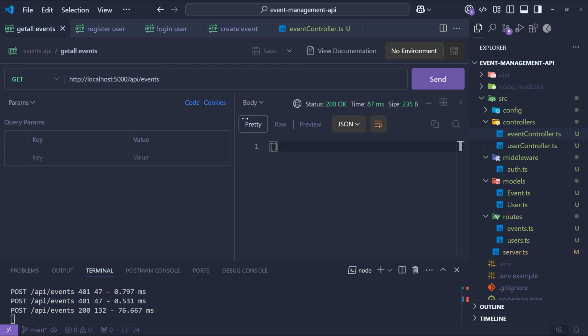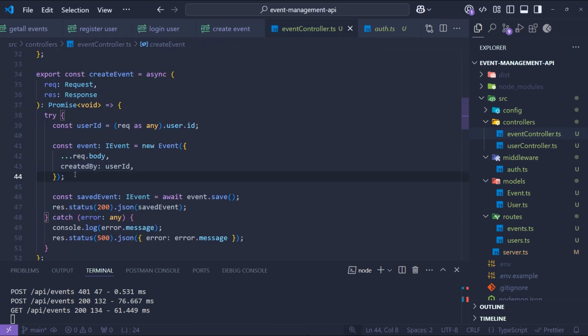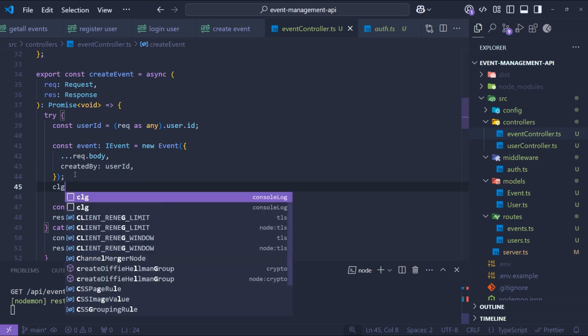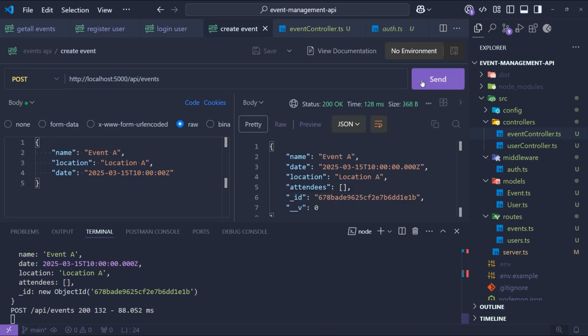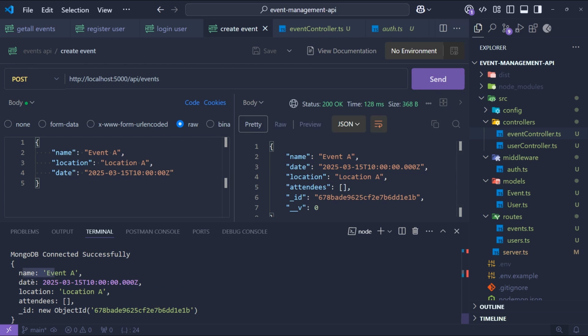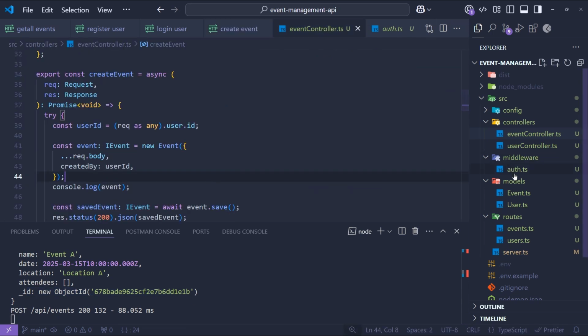And let me just try and get all the elements. Yeah, we can see that all the elements we have just got, but that created by has not been added here. Yeah, I don't know why it's not. So let me just console log that particular event, so now we will know when we send a create request, will it console log. Once it console logs, we can just see that the created by is added or not. If I send that request again, yeah, we can see that it has been created. But in the name, date, location, attendee, we can also see that ID as well, but created by is not there. So if I go to the model